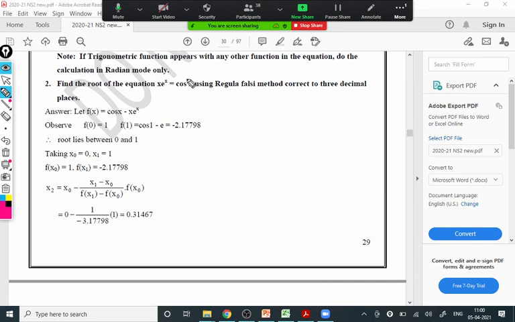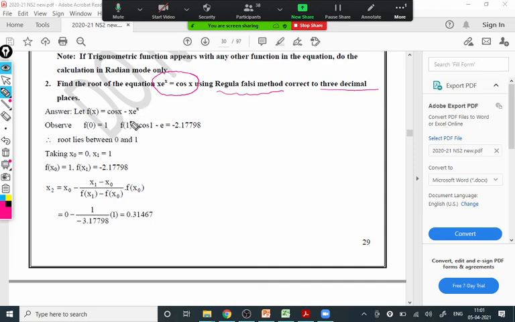First of all, our aim is to solve this equation, or to find the roots of this equation by the regula falsi method. Remember, in each and every question the method is always mentioned, and you have to use that method only to solve the example. So this is the f(x), and we have to find the root correct up to 3 decimal places with the regula falsi method. We can take f(x) equal to cos x minus x e raised to x, or you can take x e raised to x minus cos x. Both are correct.